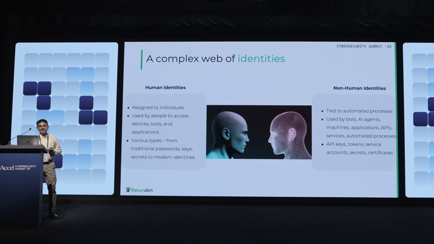When we take a deep look into the identities, we deal with two types of identities. One, the human identities that are used by our people. They are tied to individuals. They include the traditional passwords, keys, and certificates that grant access to devices, tools, and applications. So our human beings use those identities to access these devices. And we are dealing with a whole lot of non-human identities these days. I'm sure in many of the other sessions from this morning, we have spoken a lot about this. These identities are not tied to any individuals. They are tied to automated processes and are used by bots, AI agents, machines, applications, APIs, services, and